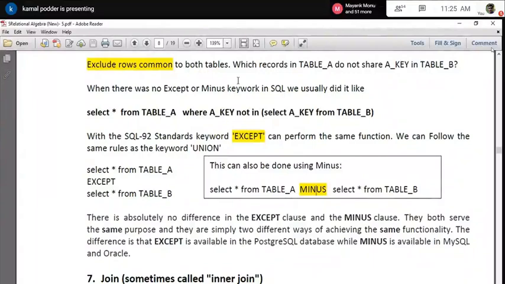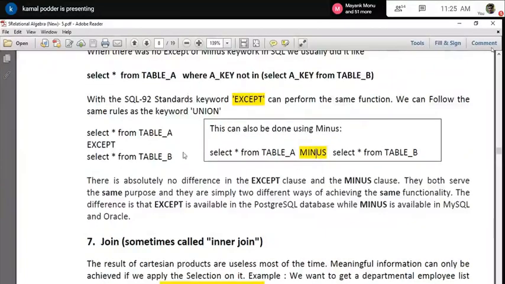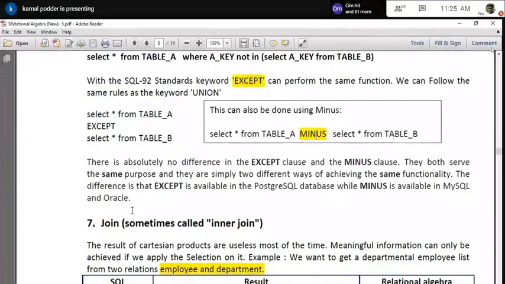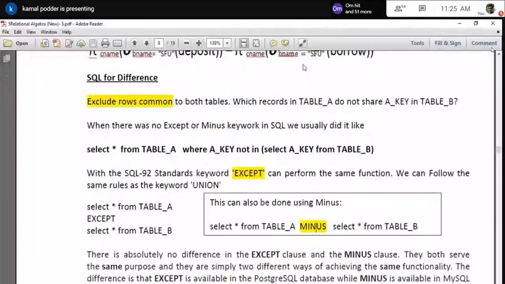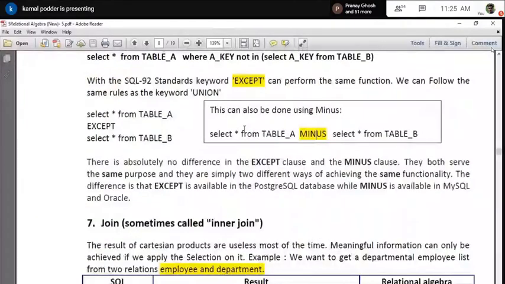But nowadays most of the RDBMS provide the except or minus keyword, with the help of which you can resolve this. I will cover the minus part later on in SQL also, but I am referring to it here so that you can understand that this is also important and is available in SQL nowadays.